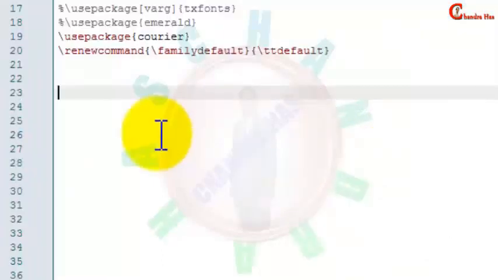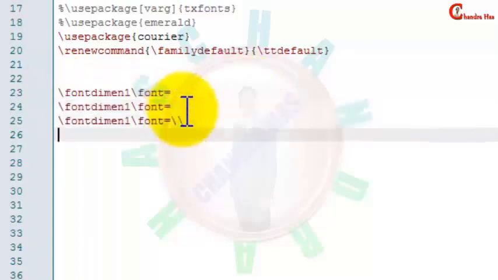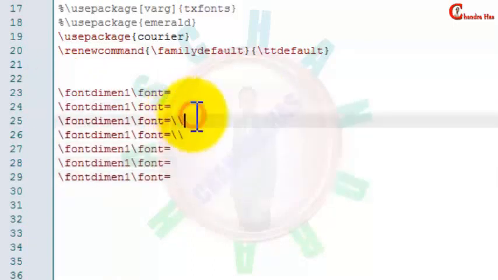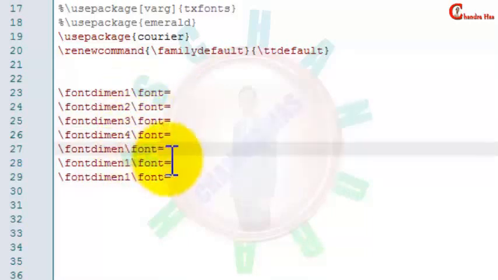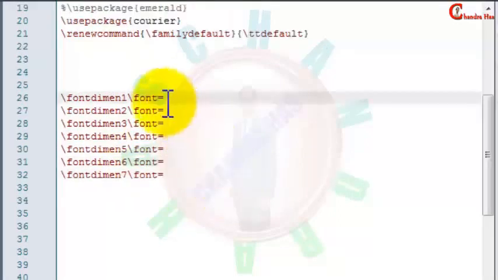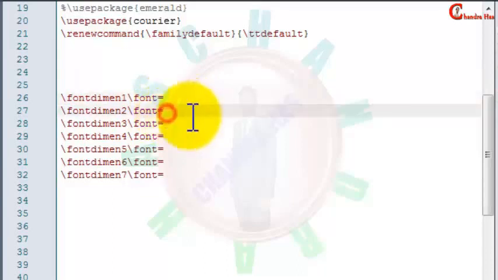There are a total of 7 types of font dimension. Fontdimen 1 is used for italic purposes, so we don't need to use this. Fontdimen 2 is used for interword space.